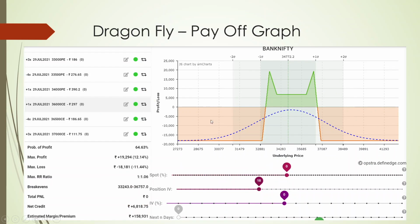Okay. This is the initial setup we have done. The same strikes and the same premium will be there. Slightly here and there, means I have taken the whole number, so slightly different there. You can see the difference. Right now you will not know what difference it makes in the Iron Condor, but you can see in the coming slides. The biggest difference is here, the max risk reward ratio